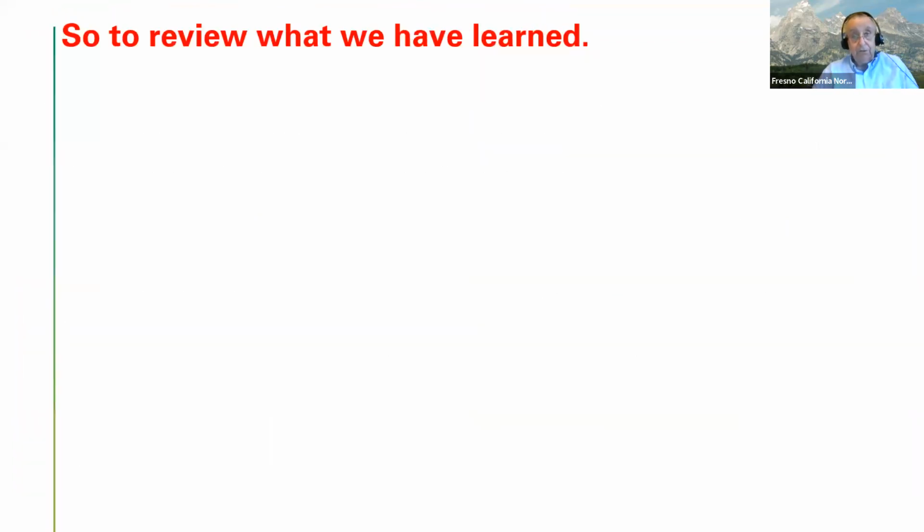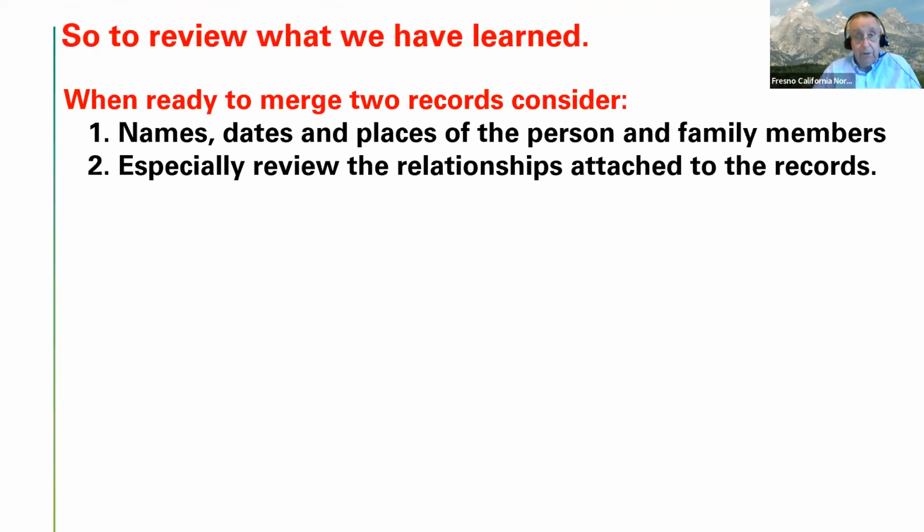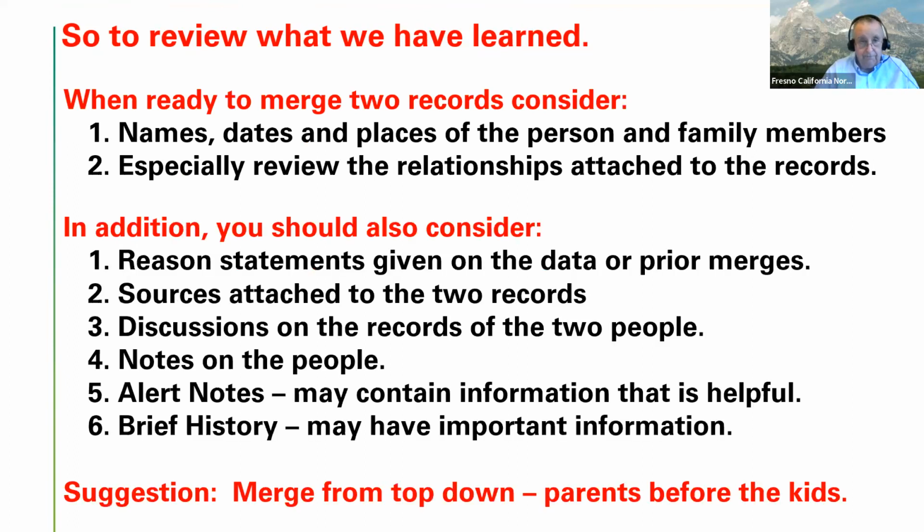Okay, so just in review, when you're ready to merge 2 records, consider the names, the dates, and the places of the person and the family members. Especially review the relationships. Look at the relationships that are there. In addition, you might consider reason statements that have been given on the data or the prior merges, sources that have been attached to these 2 people,